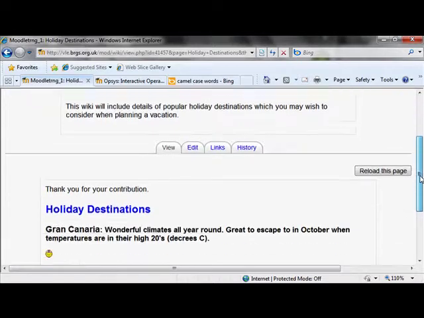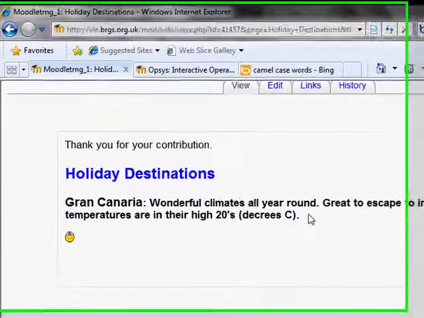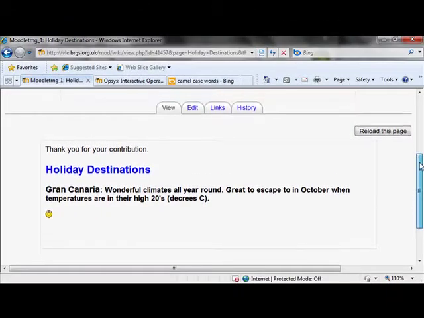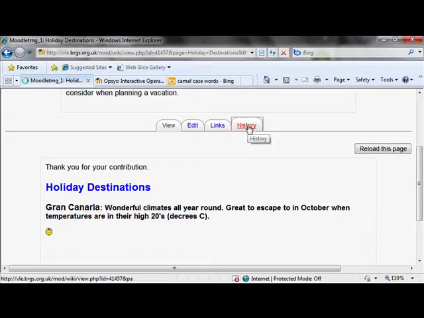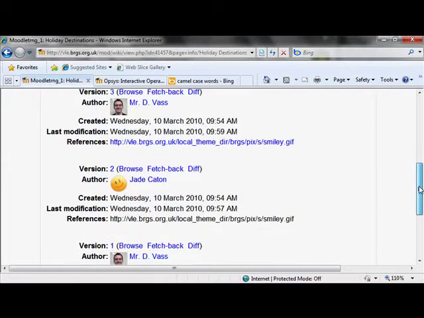That's now the most up-to-date version. You can see I've now reverted back to the original. It no longer has Miss Caton's contributions, and that's now in there to stay. And in fact, if I click onto history, you can now see that there